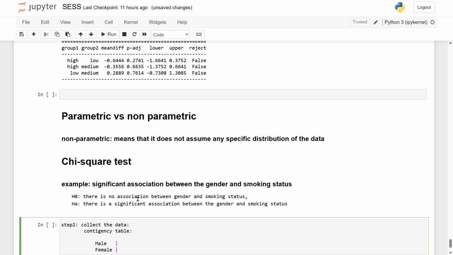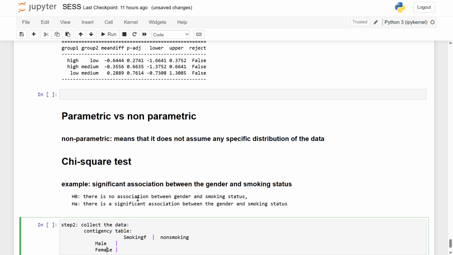And then on top, I'll have smoker, non-smoker, smoking and non-smoking, or whatever it may be. And here you will have the frequency of each. Okay, so once the contingency table has been created, the expected frequencies would